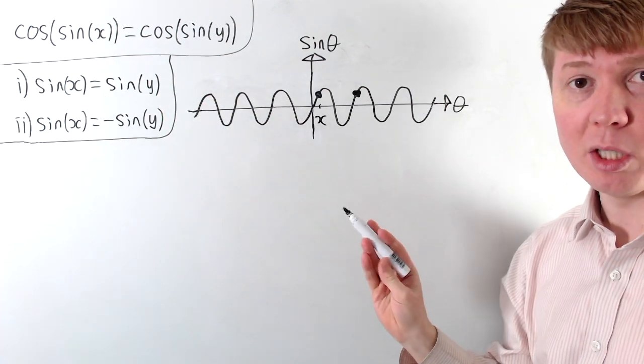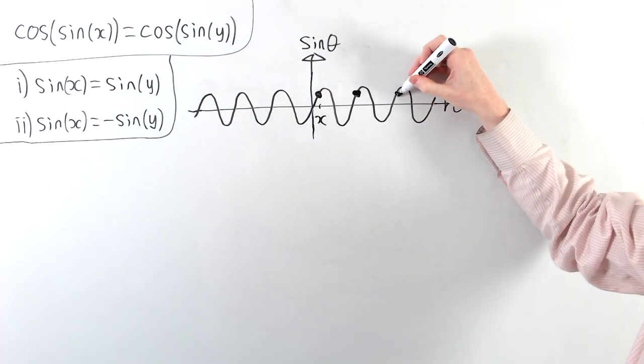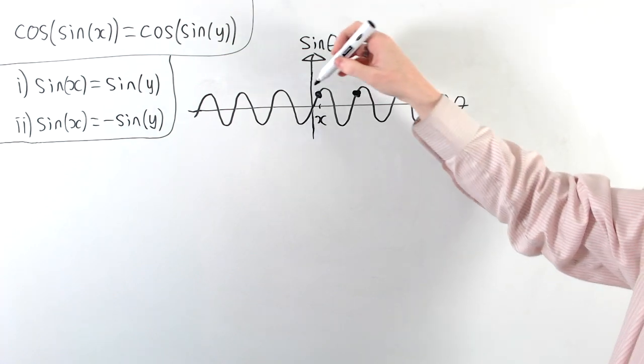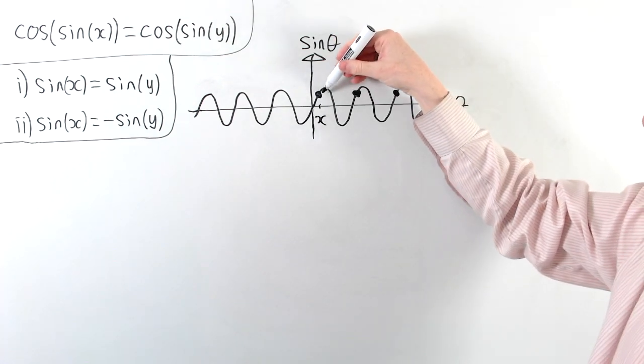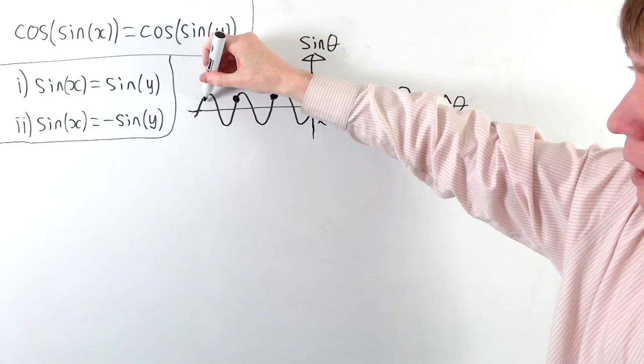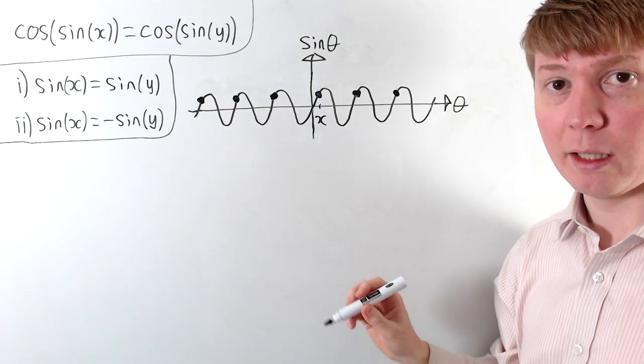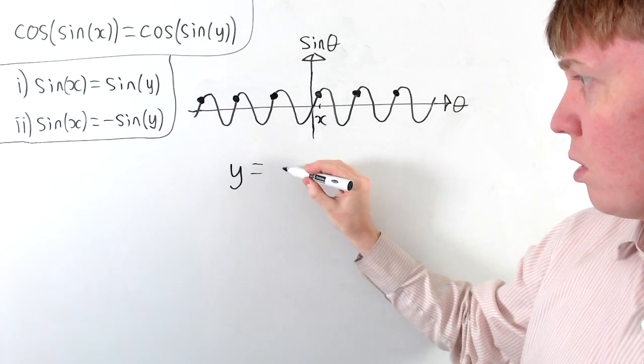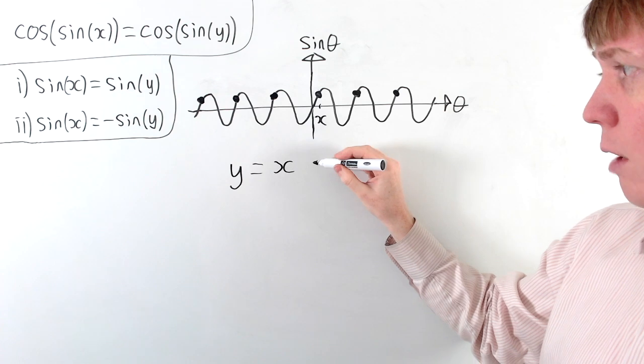So sine x would be equal to sine y. And similarly, we could have y equals x plus 4 pi, y equals x plus 6 pi, or we could go backwards, we could have y equals x minus 2 pi, minus 4 pi, or minus 6 pi. So if we just write these as, we could say for any fixed value of x, you could have